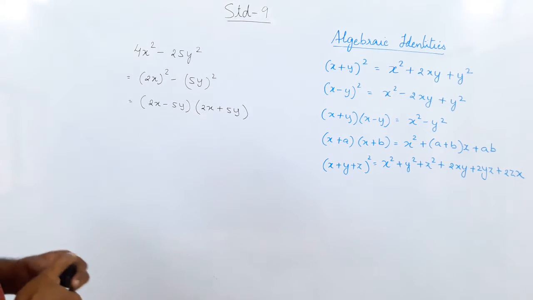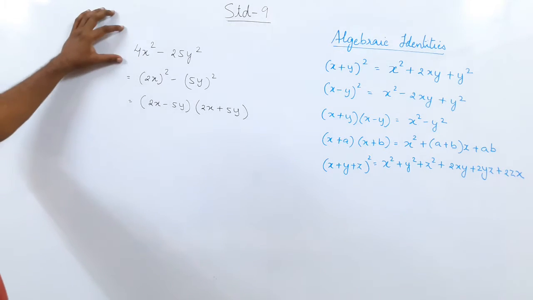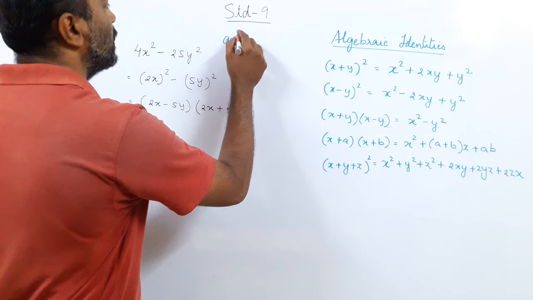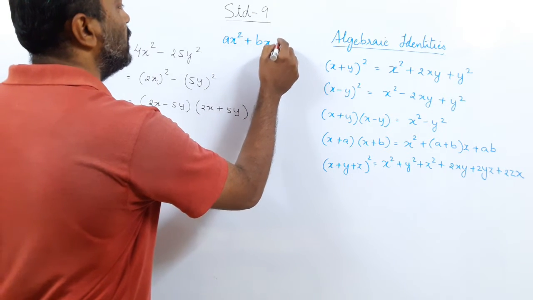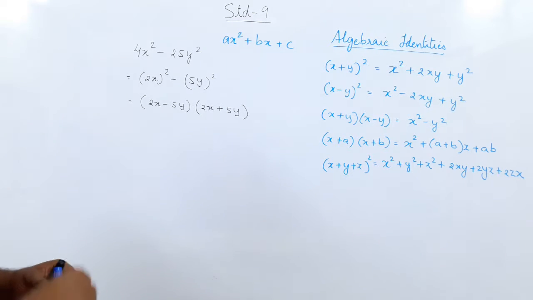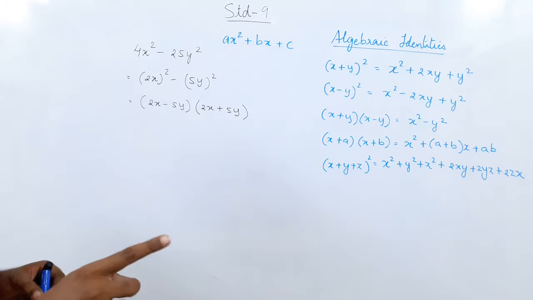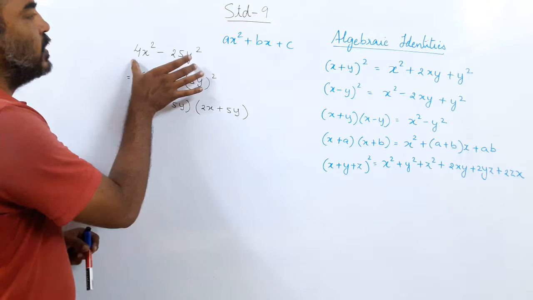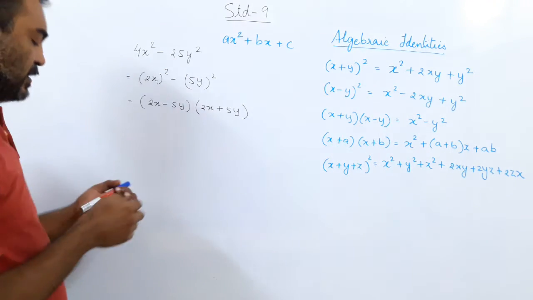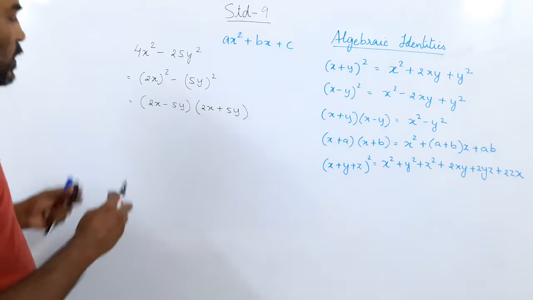So what I have done here, we have got the quadratic equation. Which was the quadratic equation? Do you remember? The quadratic equation in the form ax square plus bx plus c. We solved this by splitting the middle term, the method we did previously. You can go through the video and revise it. Now here we have got a polynomial with no middle term and two variables. Can you see 4x square and 25y square? Sometimes we can have one variable also.